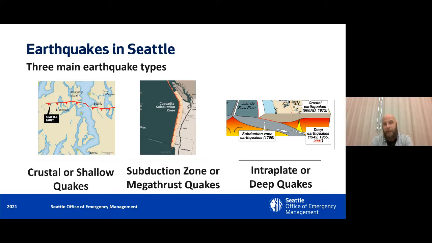Where that differs, if we had a Cascadia subduction zone and it was a 9.0, a kind of full rip of that fault that you see there that really goes from British Columbia down to Northern California, it would likely be a regional event that was affecting all of those states along the coast. And so our ability to pull resources from other places would be limited. So different impacts, and one would likely leave us isolated where another might be more of a localized event.